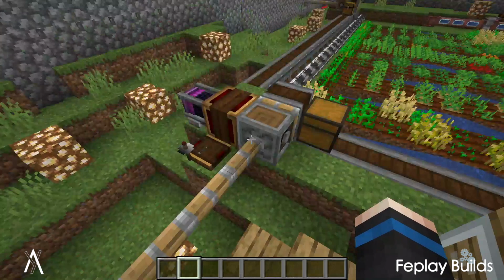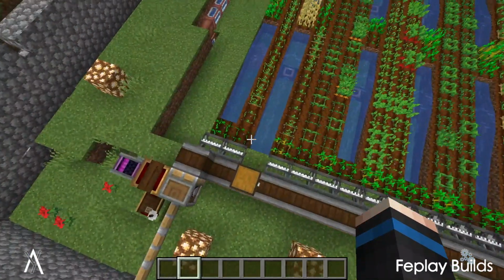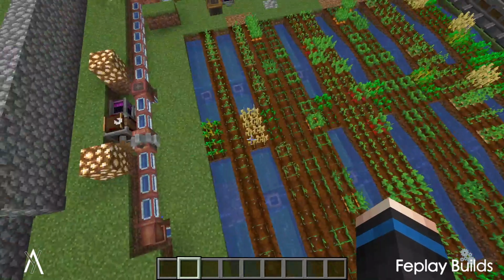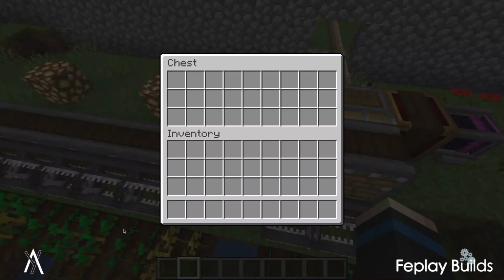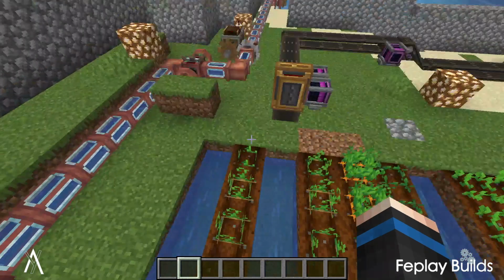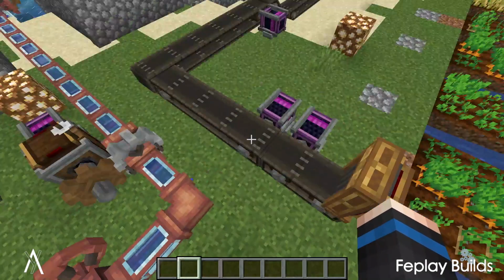So basically what happens is when the harvester is going from here and it gets some crops or something, whatever the seeds and everything, it will go in this chest, and then at the end there's this brass flap which then offloads the chest onto this conveyor belt. And yeah,